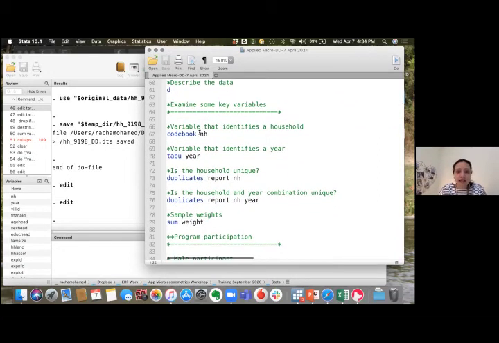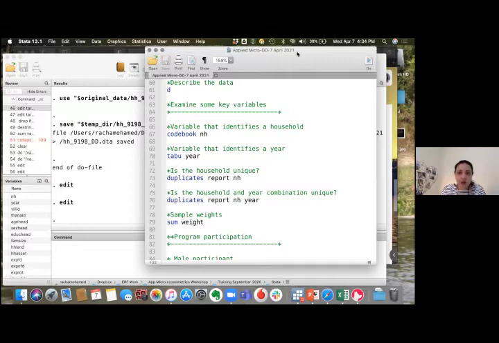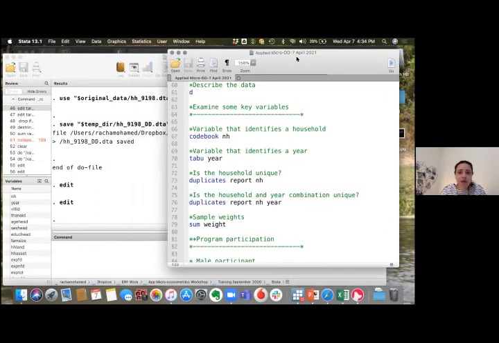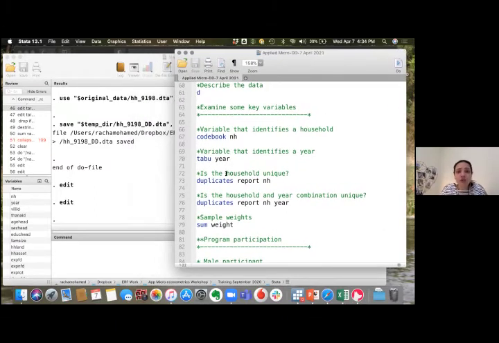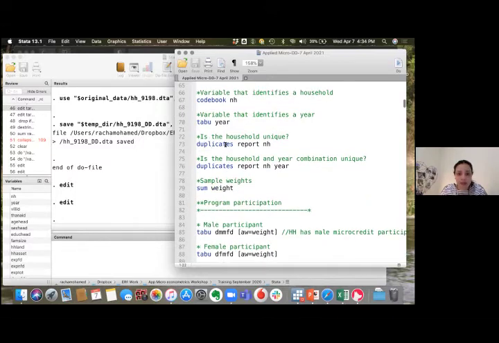Okay, so NH is the variable that identifies the household. We have 2 years, as we said, year 0 and year 1. One of the things you have to do when you have the data, to specify if it is long or wide and if you have any duplicates or not, is to use the command duplicates. Duplicates report,